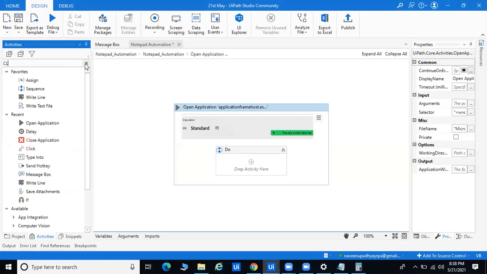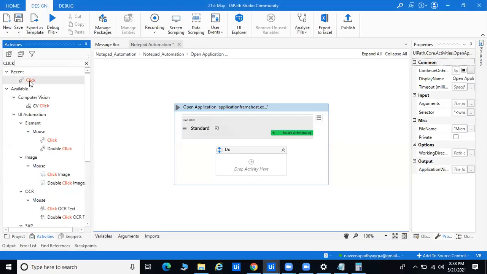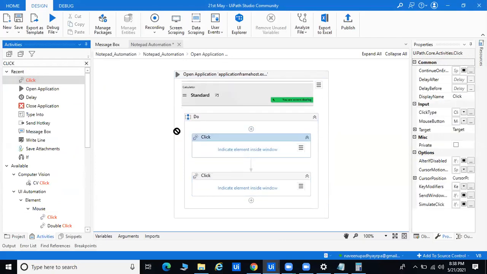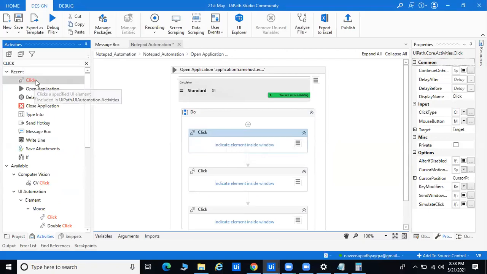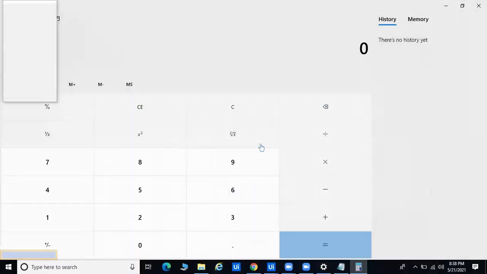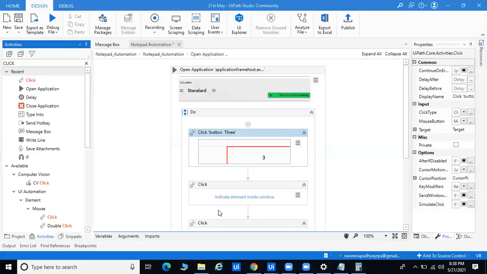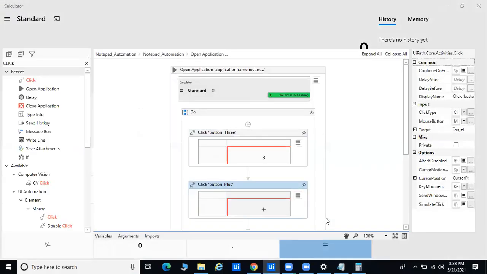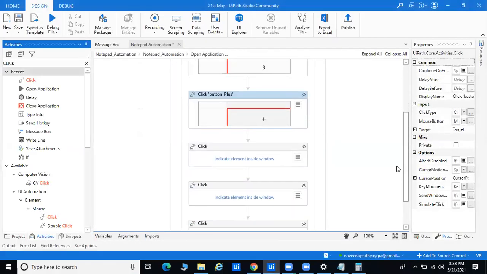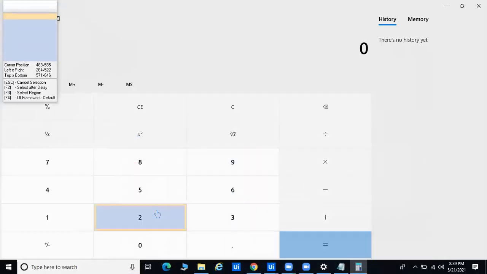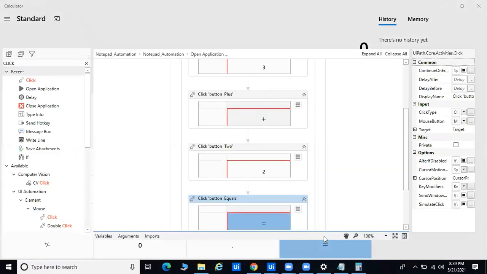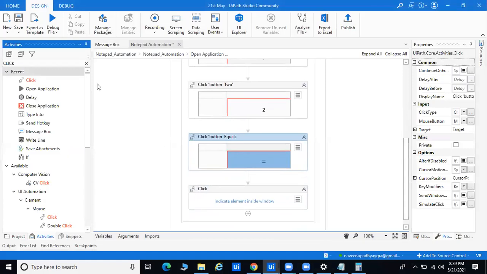Okay, so here we have to click on multiple things like 5 plus 2. We'll simply drag and drop 1, 2, 3, 4. Okay, so whatever is required, I will go for that. I want to click 3. I want to click plus, 3 plus 2 again. Equal to 5. Okay, and after that, we'll try to take the get filter.